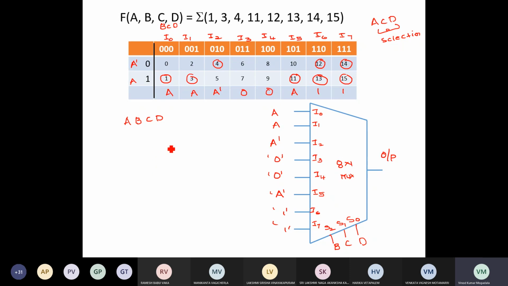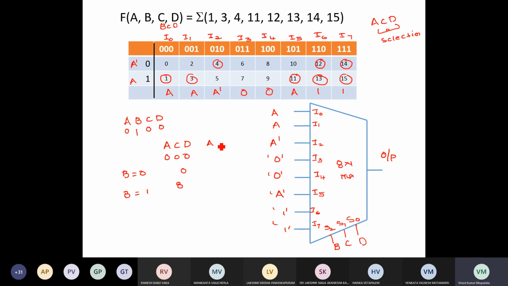For example, if you have written ACD, so 0, 0, 0, and then B value will be 0 one time and B value will be 1. So for this cell, anyway it is 0. What about this cell? You write ABCD values in this order. A is 0, B is 1, C is 0, D is 0. So what value will you get initially here? 0, 1, 0, 0 means it is 8. So you need more exercise.